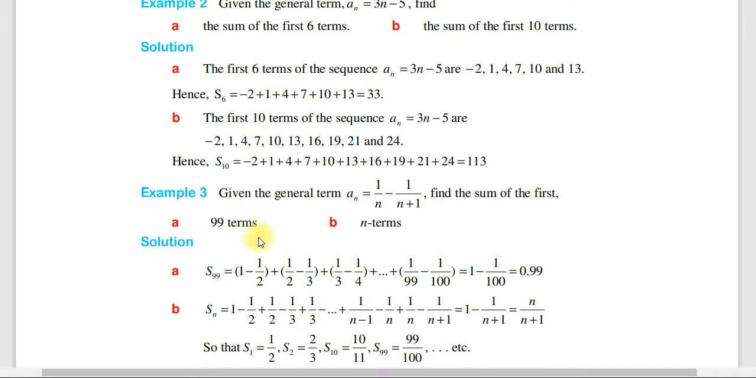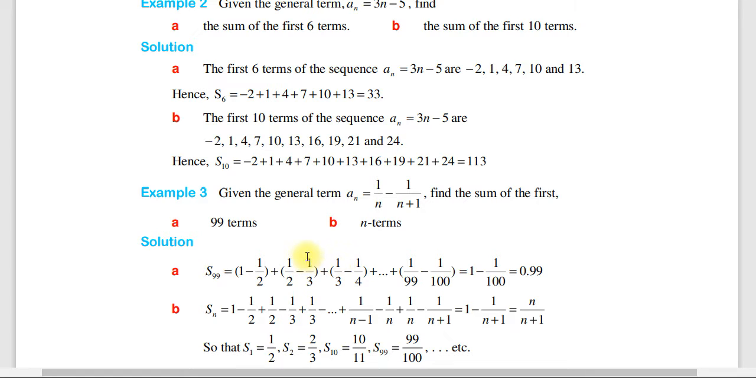እንግዲህ 99 ተርሞችን ስንዘረዝር S99 = 1 minus 1 over 2 plus 1 over 2 minus 1 over 3 plus 1 over 3 minus 1 over 4 plus ... plus 1 over 99 minus 1 over 100, which is 1 minus 1 over 100. ከዚህ በኋላ ያለው 1 ይመጣል። ለምንድነው 1 የሚመጣው ከተባለ እዚህ ላይ ለምሳሌ -1 over 2 plus 1 over 2 አለ ይጠፋል ማለት ነው።